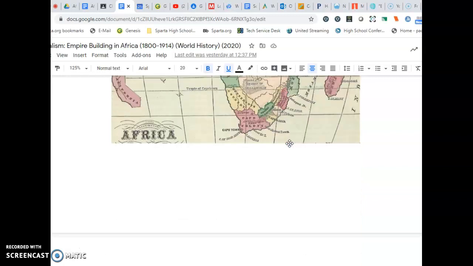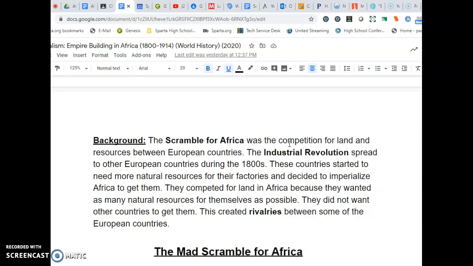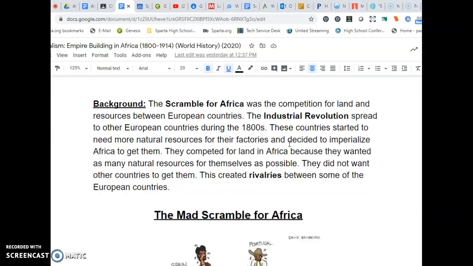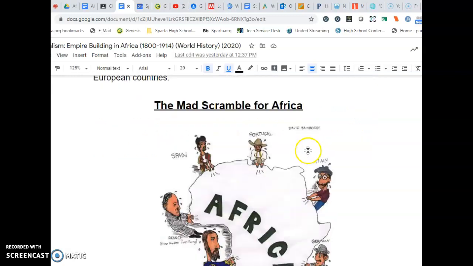As we scroll down, you're going to be reading background information regarding this scramble for Africa, this competition that started among the different European countries during this time, how the Industrial Revolution inspired them, as well as other causes that we talked to you about. You're going to be seeing the mad scramble for Africa, all the different European